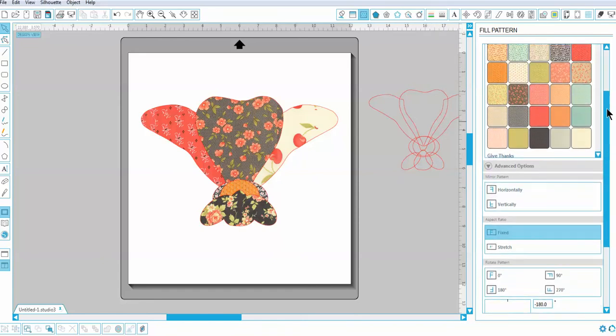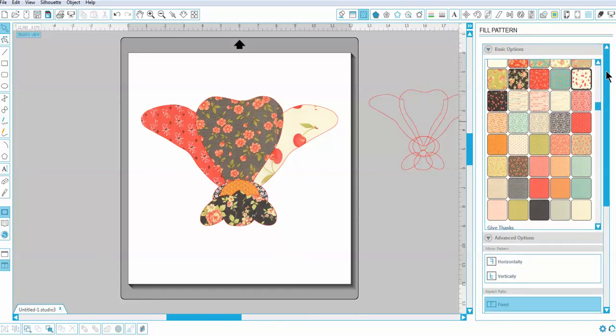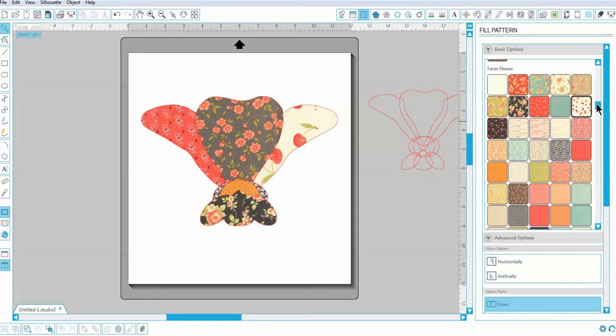I have chosen a fig tree pattern called Farm Fresh. It's not out yet, it will be soon. And I want to see if maybe we can change the scale and maneuver the fabric like we would if we were really doing an applique with our hands. We might want to fussy cut or wish that we had something that was a smaller scale or larger scale. Well, in this